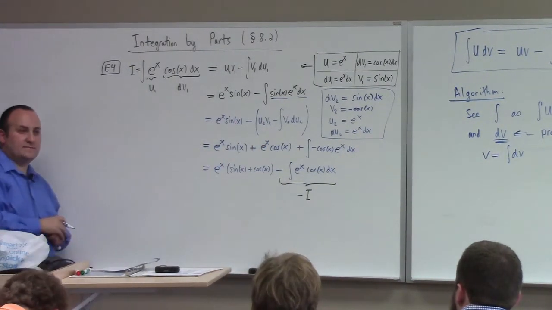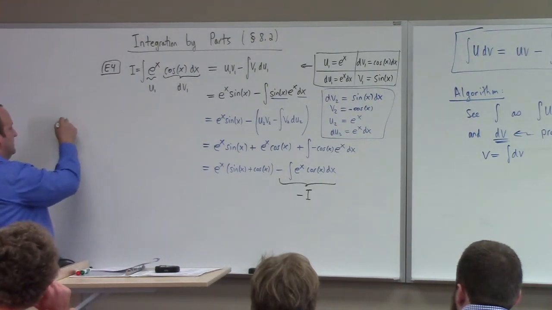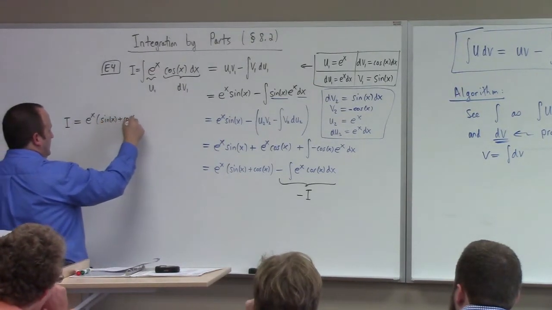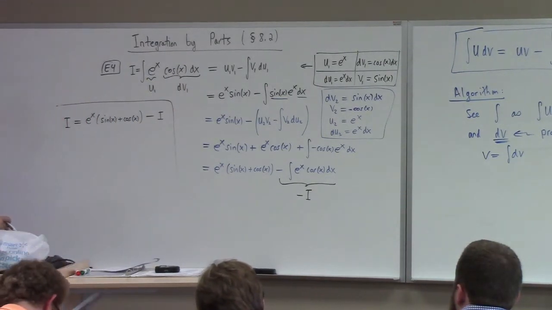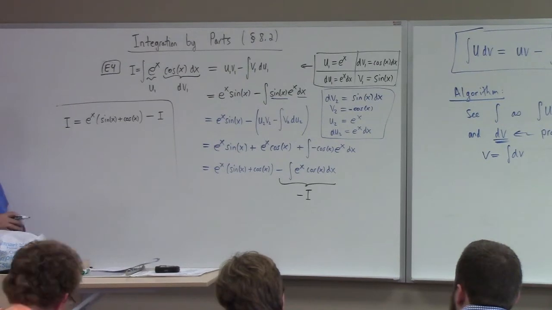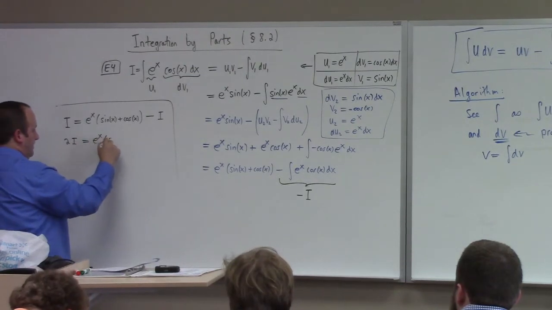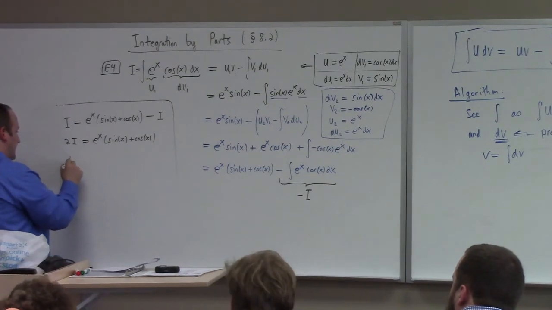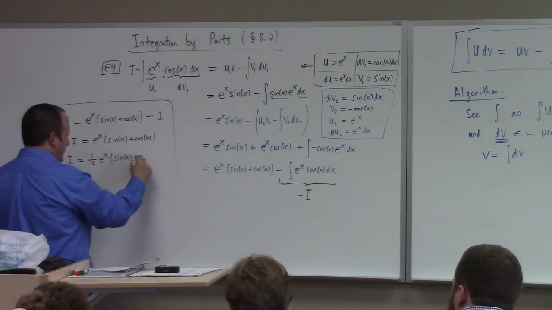What are we trying to find? I. So we have I equals e to the x times sine of x plus cosine of x, minus I. Solve for I. Right, so I is equal to 1/2 e to the x times the sine of x plus cosine of x, and then of course we have